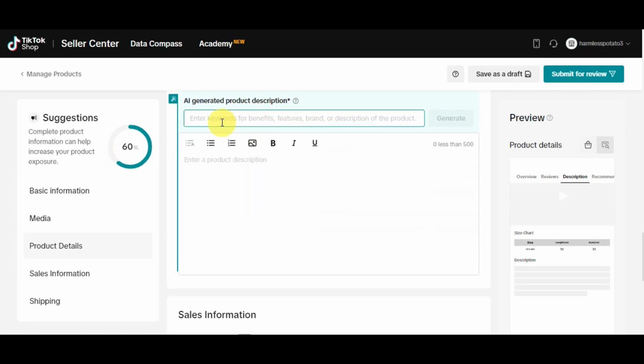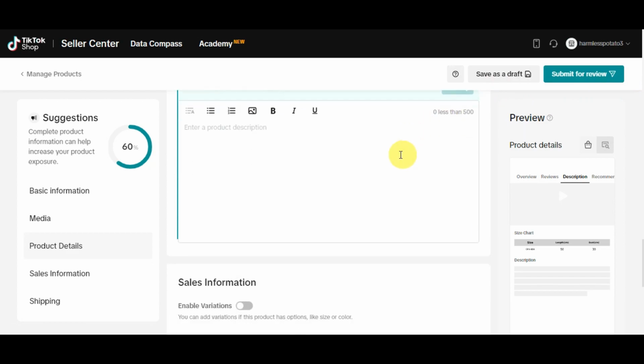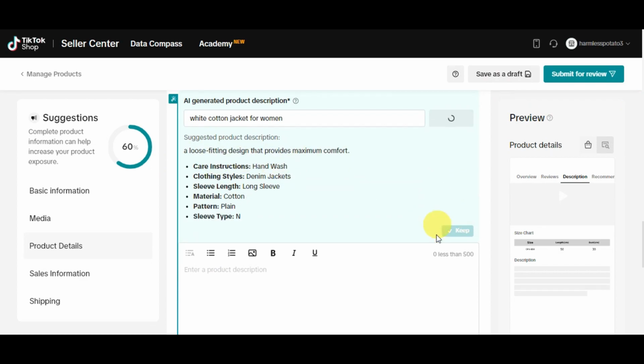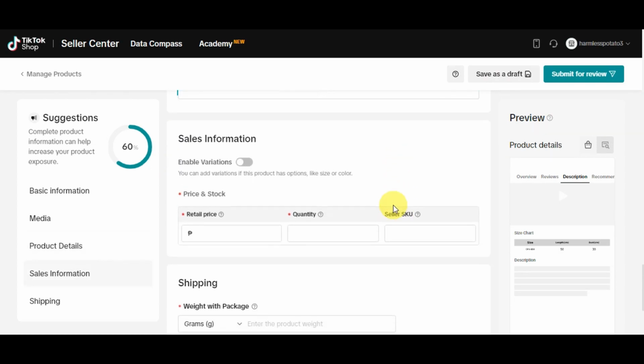Since you could go ahead and try to add in an AI description, we're going to try to add in here some keywords: white cotton jacket for women. And then right after, we're going to click onto generate, and then we're going to add that for the product description. So as you can see, we're going to keep that,